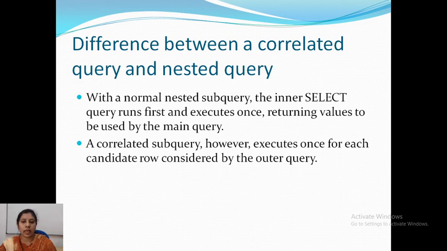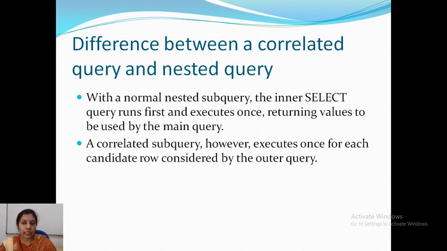So in this, for each employee tuple you execute the inner query. Then it is called correlated. But if the inner select query executes only once, then it is called a nested query.